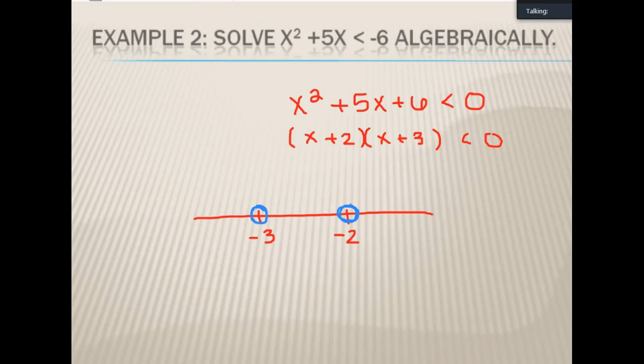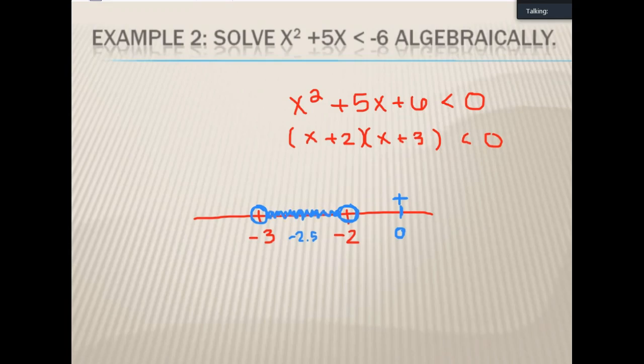So we could test a point outside by picking 0. So 0 plus 5 times 0 is 0. 0 plus 6 is positive. So since 0 is positive, I would anticipate my solutions are going to be between. To do between, you'd have to do something like -2.5. And if you plug in -2.5, you get -0.25. So that is negative, which is less than,